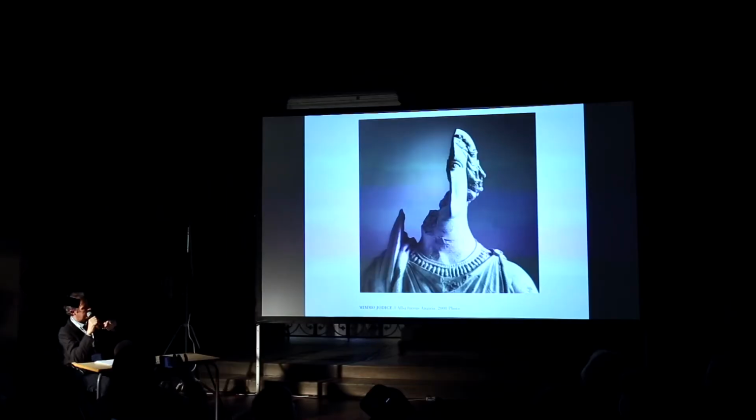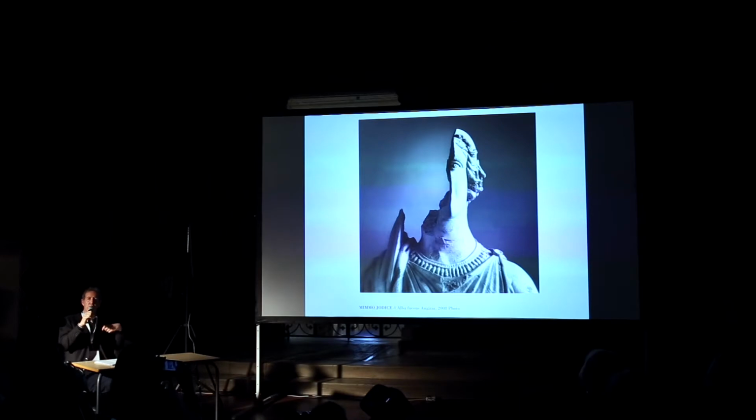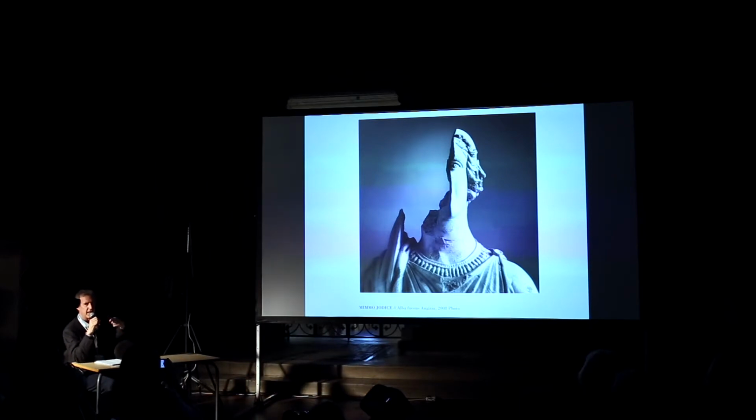Mimmo Iodice is an Italian photographer, always in black and white, and from the 80s, so he is a younger one, but he's made photographs of archaeological works, archaeological remains, giving them a new life in some way, no? Giving them a new stage, and of course, again, it's about identity,